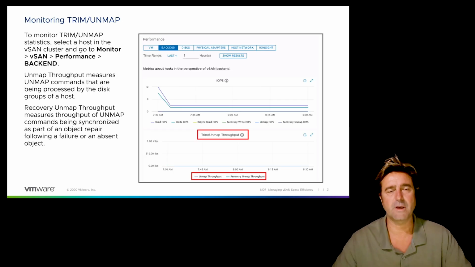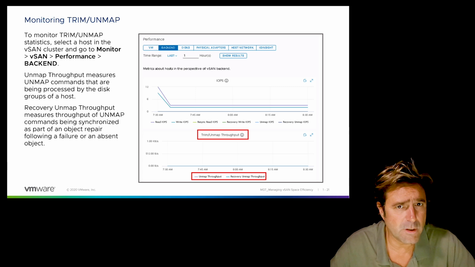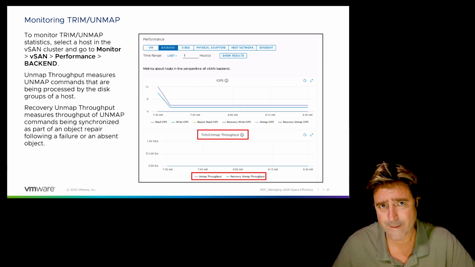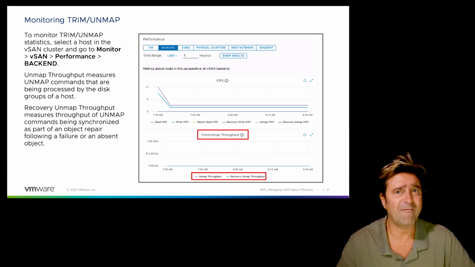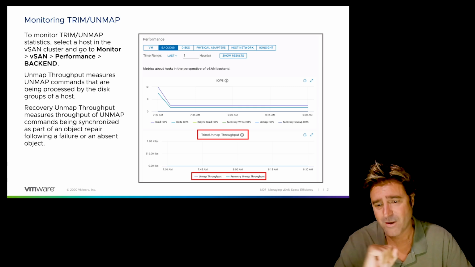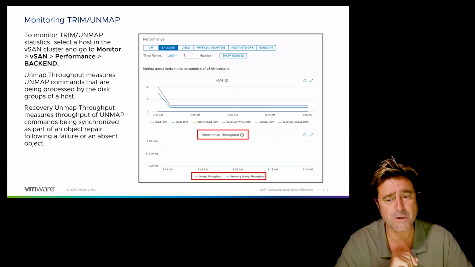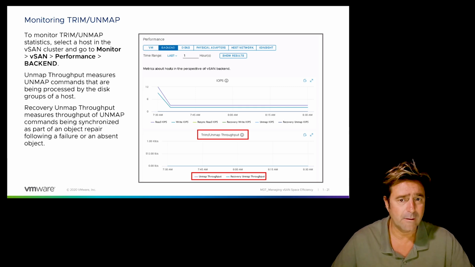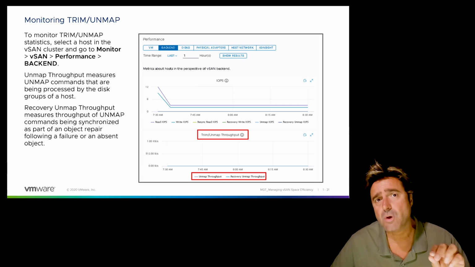So I've mentioned you cannot enable the trim and unmap feature with the vSphere client, but if you enable it with the command line, you're going to have performance-related charts that will give you trim and unmap information. As you can see on this page, here we have a chart that shows you trim and unmap throughput. And again, remember, this will only show you anything if you have enabled that feature, which is always